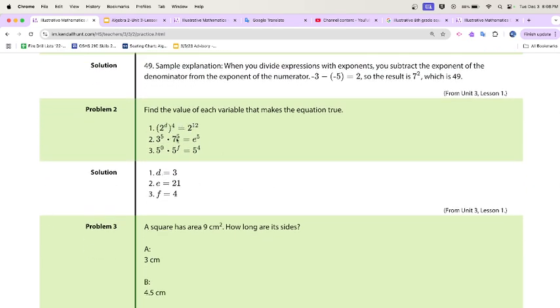This is just looking at these expressions and saying what would the power have to be in order to make this a 12? Well, 4 times a 3 would make 12. And here we add these powers together. But they're different bases, so we can't add them together. So this is one of those ones that you have 5 factors of 3 times 5 factors of 7, and that would result in 5